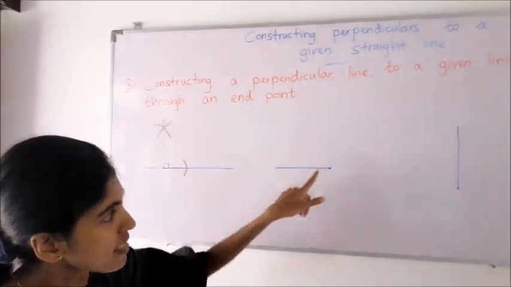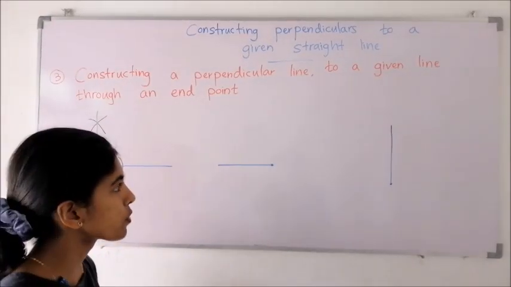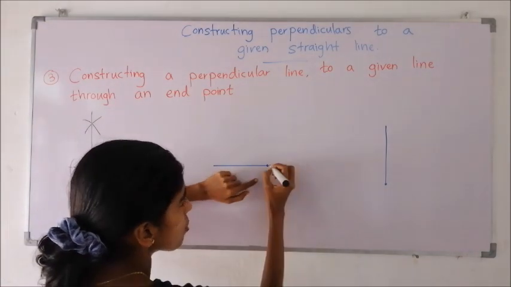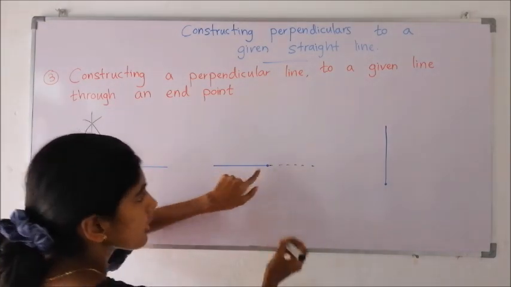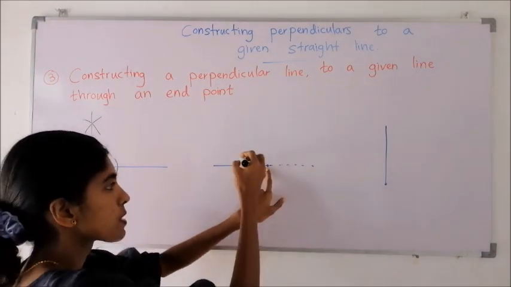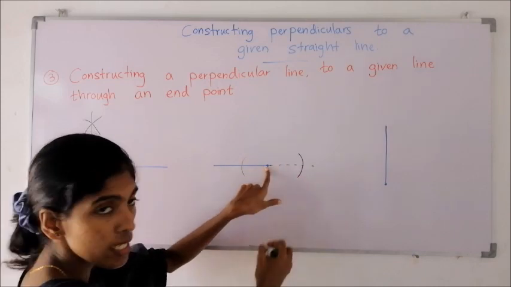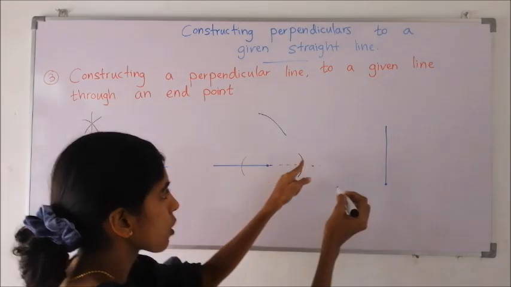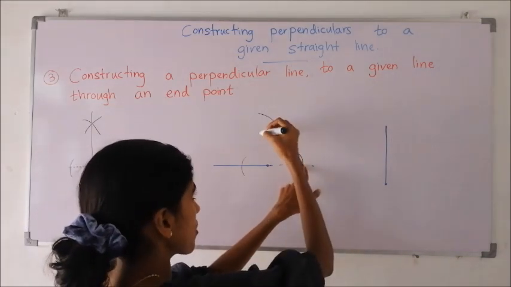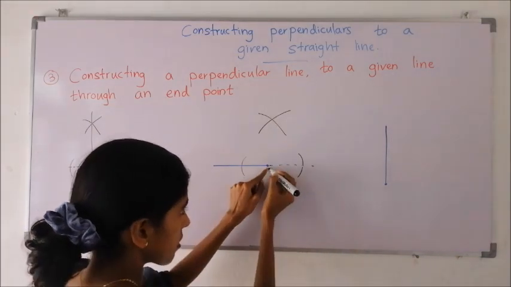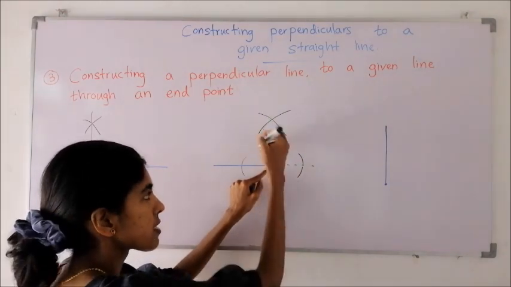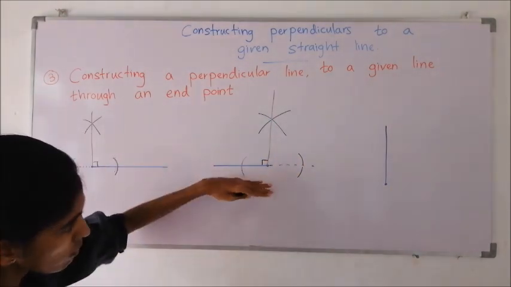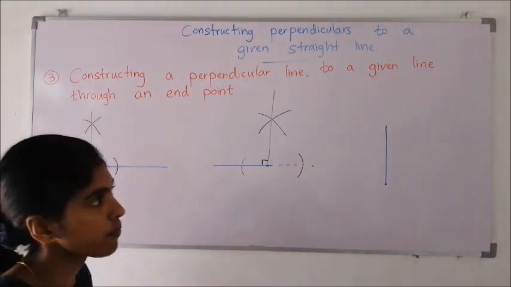Next, at the other end point, how do we construct a perpendicular line? Keep the ruler straight, produce the line firstly, keeping the middle point of the compass, draw 2 arcs from either side, then go to this point, draw 1 arc, go to the other new point, draw another arc. The end point and this intersection point can be joined. This is the perpendicular to the given line at the end point.